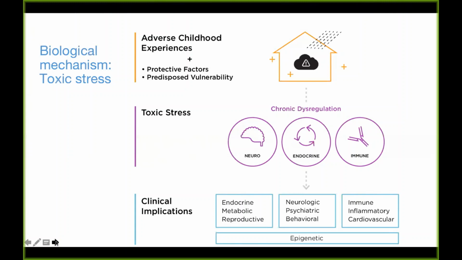The endocrine effects result in long-term changes to hormones involved in stress activation, changes in hormones related to growth and puberty and metabolism. And research has also found epigenetic effects, which includes changes in the way that DNA is read and transcribed, which can lead to changes in the way that the brain and the organ systems respond to stress, leading to premature cell death, altered cell replication, which increases the risk for chronic diseases such as diabetes and cancer.